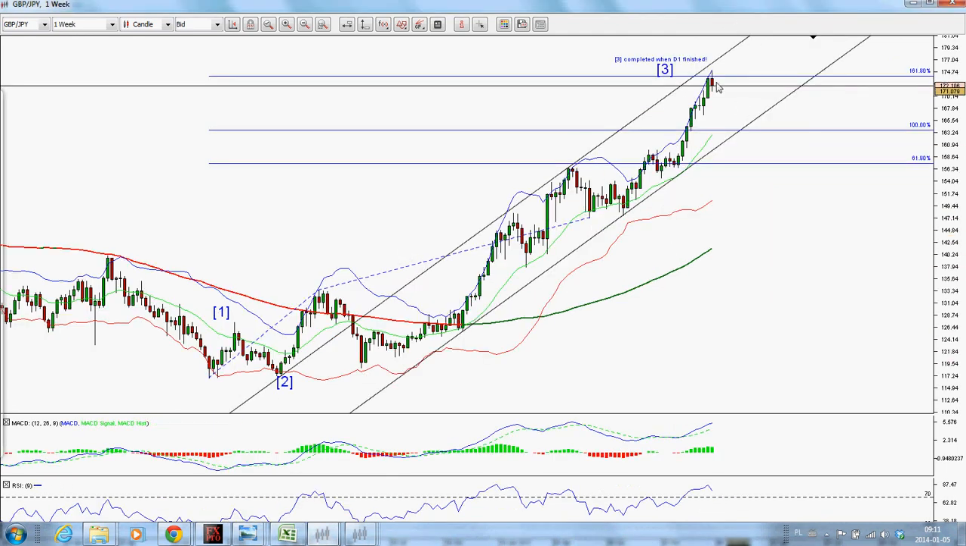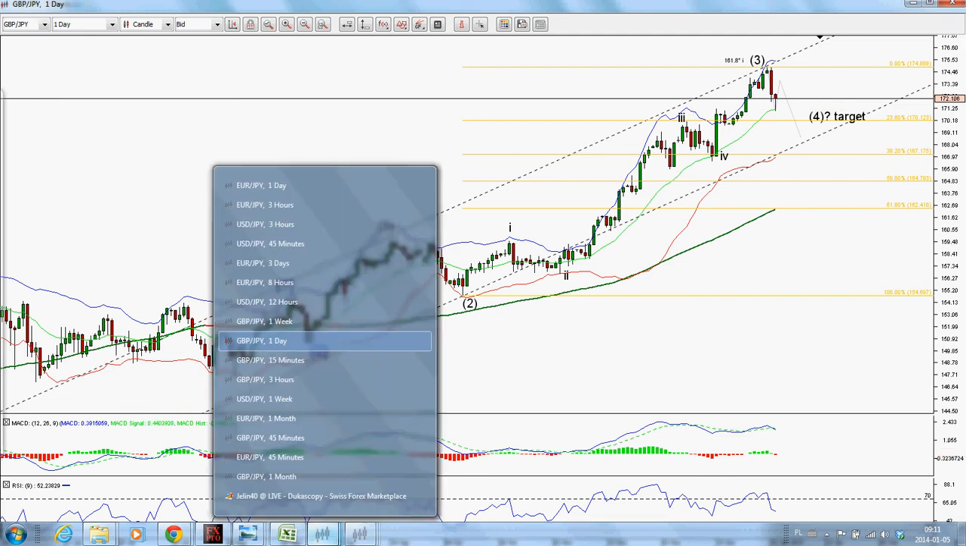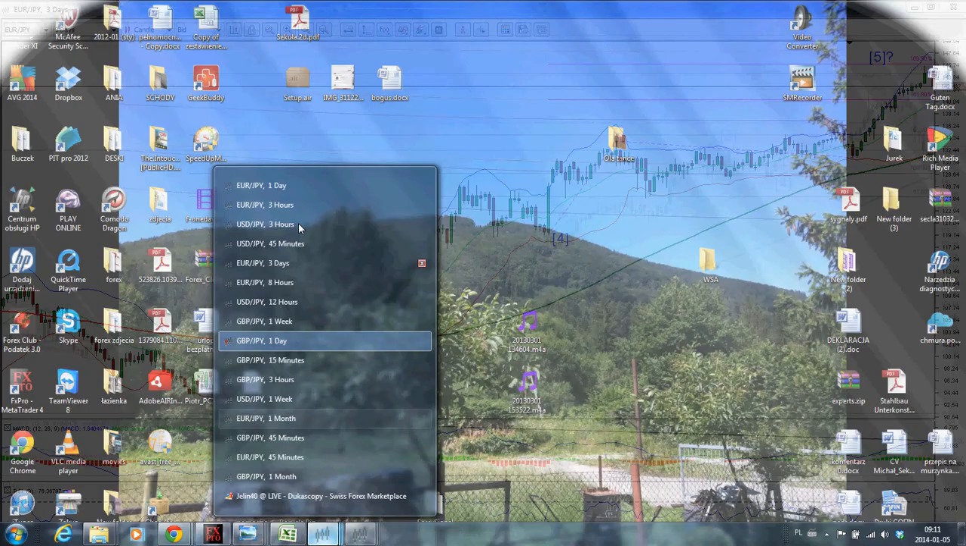Okay, and so the three wave. I've got here some short explanation, completed when D1 finished. Yeah, the development on the daily chart needs to be finished, and this is not finished yet. Okay, so I'm still expecting some upward movement on this market. Okay, so that was the Great Britain pound Japanese yen. Let's go to the euro